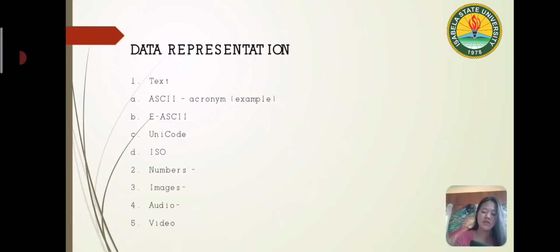Last is video. Video refers to the recording or broadcasting of a picture or a movie. Video can either be produced as a continuous entity. So next,